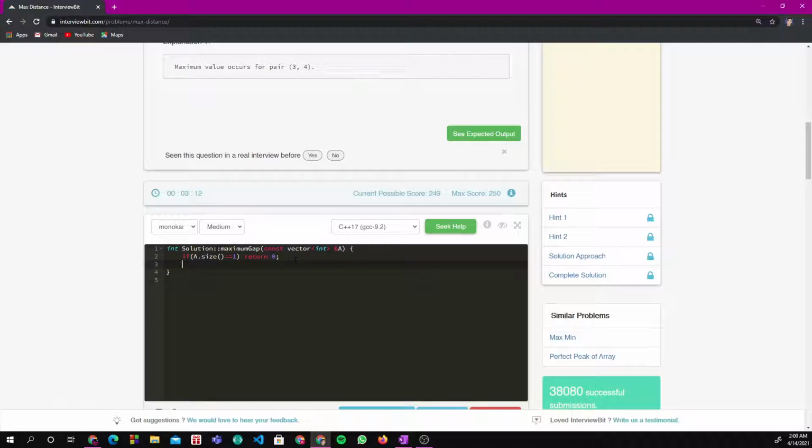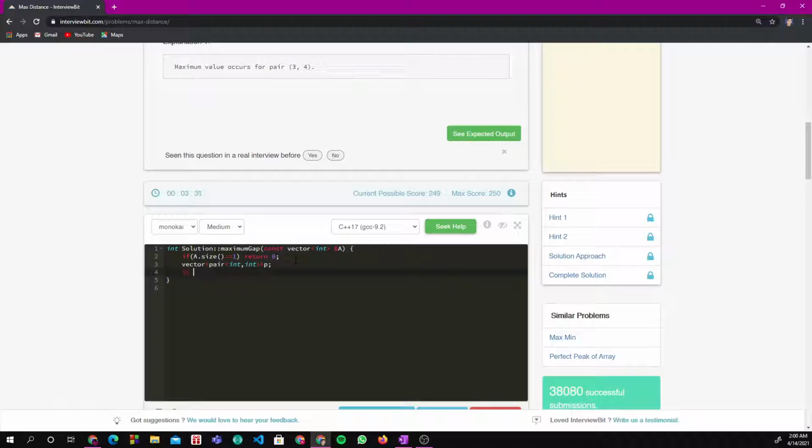Got it? Done. Now I will make a vector of pairs, and I will name it P. Now for this vector of pairs, we should basically push A of i comma i.